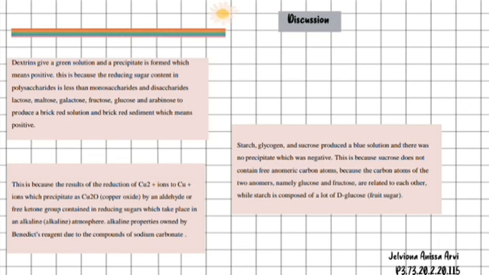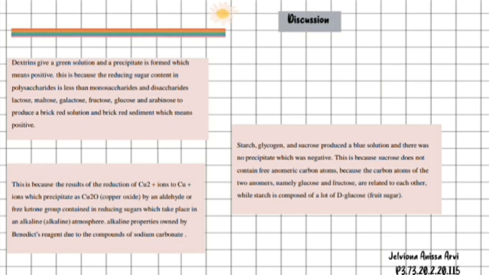The test results obtained from the Benedict test: the experimental solution dextrin gives a green solution and a precipitate is formed, which means positive. This is because the reducing sugar content in polysaccharide is less than in monosaccharide and disaccharide. Next, starch or amylum, glycogen, and sucrose produce a blue solution and there was no precipitate, which was negative. This is because sucrose does not contain free anomeric carbon atoms, because the carbon atoms of the two anomers, namely glucose and fructose, are related to each other, while starch or amylum is composed of a lot of D-glucose,